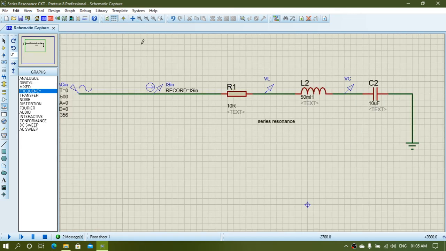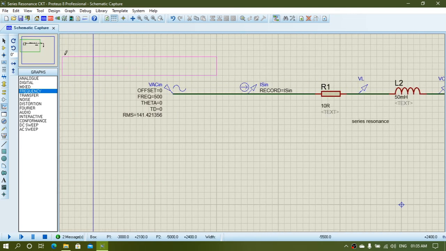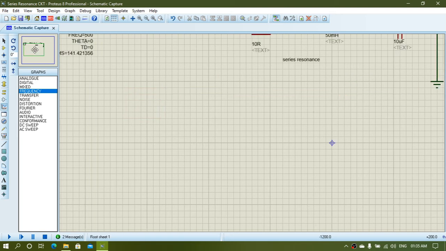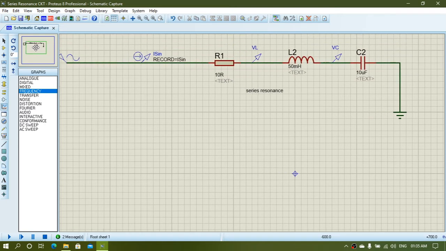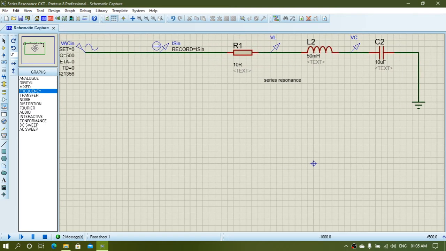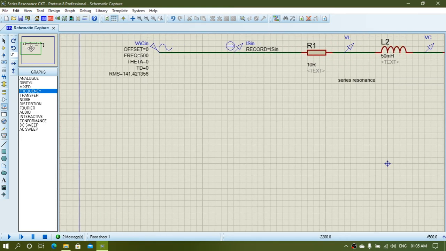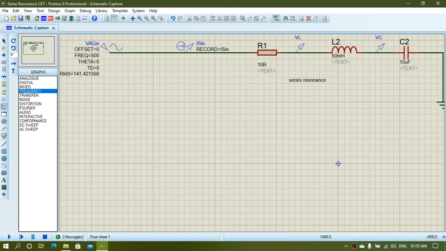So first you put your circuit at the top of the screen, so we can get a space for the graph simulation. Okay, place it properly.